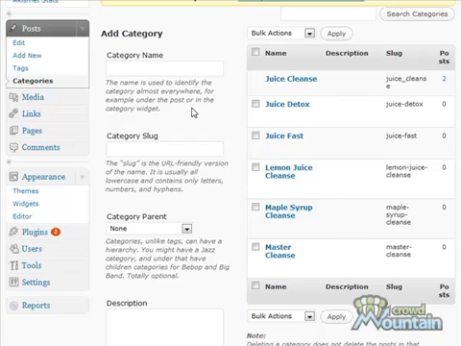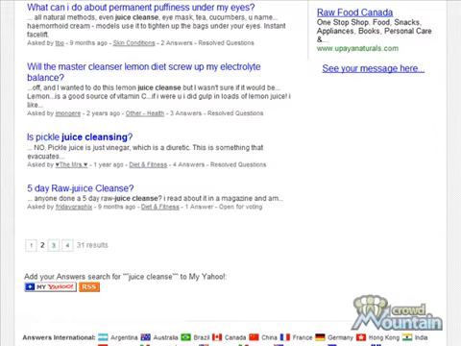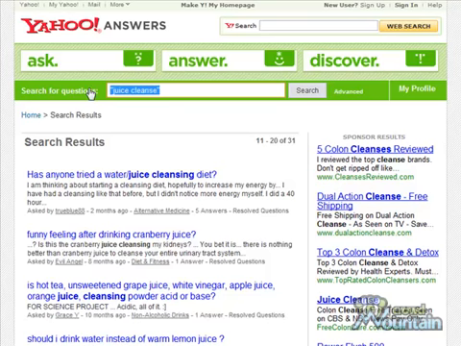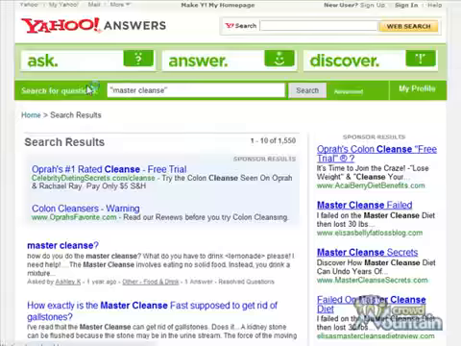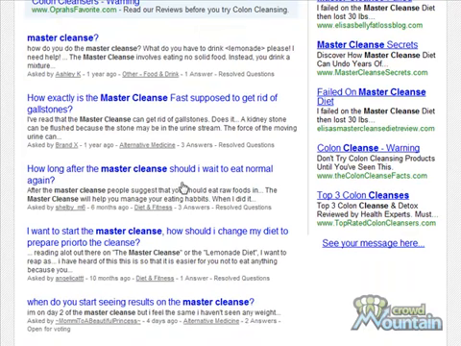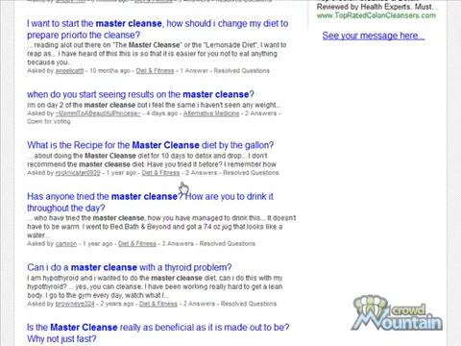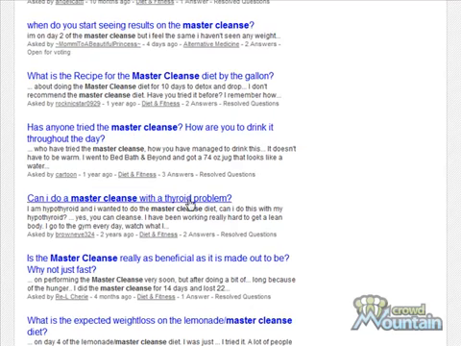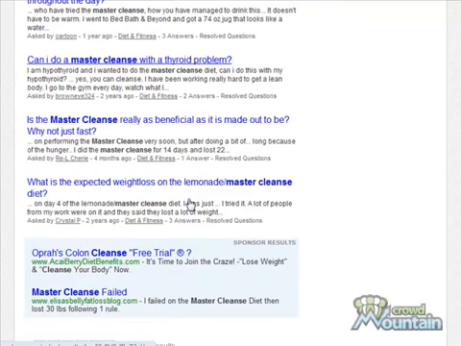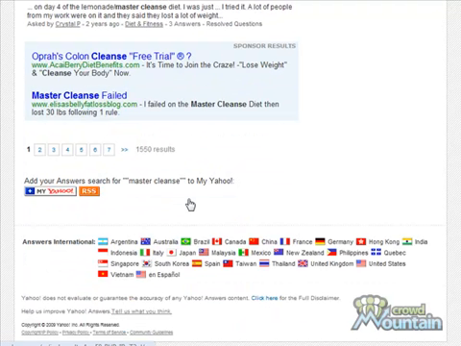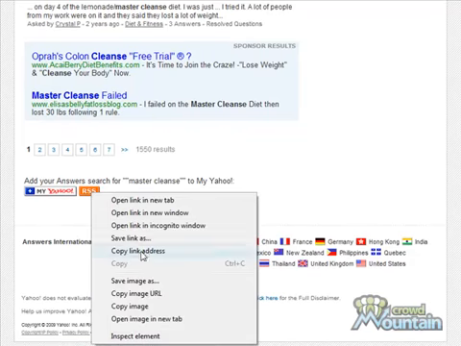So if you have any keywords like that, that are very popular and that you're absolutely going to be publishing content on, then you can do a search for those as well in Yahoo Answers, and make notes in your workbook about the kinds of questions that people are asking about that particular individual keyword. Like here, people are talking about gallstones, I didn't know, or a thyroid problem. So specific health concerns that people have and that they try to solve with the Master Cleanse. So I would make a note of those in my workbook, and then also